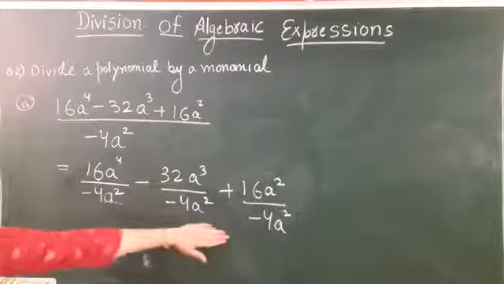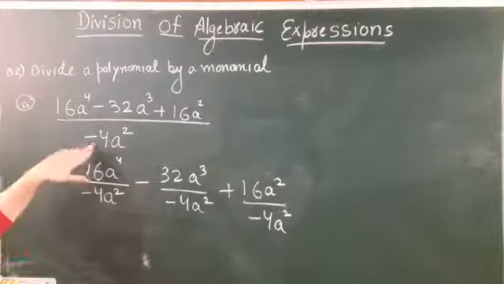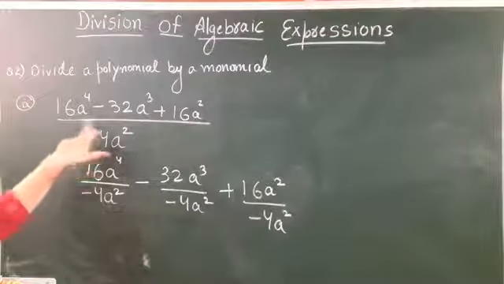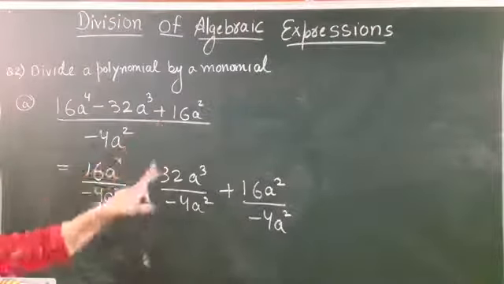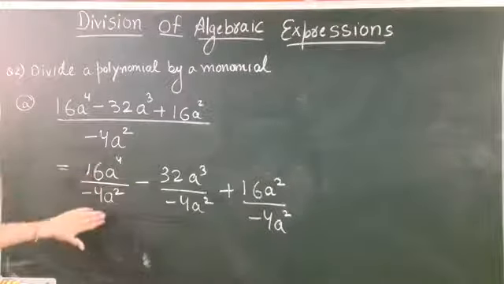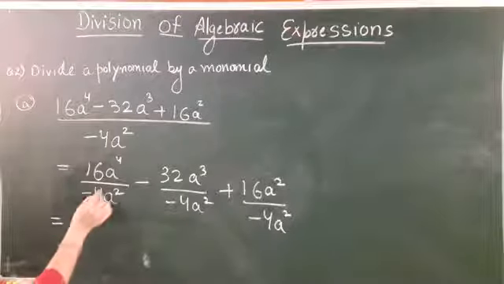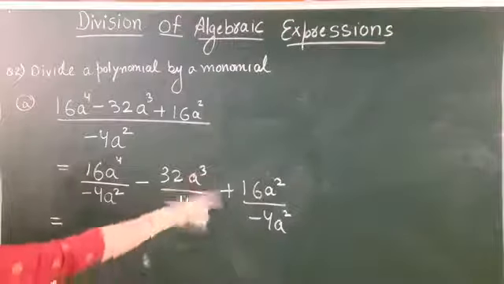अगर आप इसमें सोचो कि हम -4a² का एलसीएम लेंगे तो इस तरह से लिखोगे और फिर न्यूमरेटर यही बनेगा, both are same. यहाँ पे सिर्फ हमने ये जो डिनोमिनेटर है ये सेपरेटली सबके साथ लिखा है. So you will write like this and after that you will solve it. How to solve? You will now divide these.